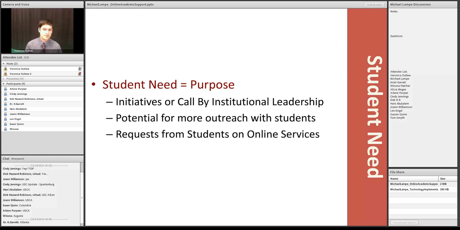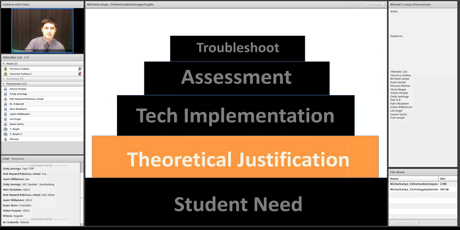that may prompt a professional or an office or even an institution to say, maybe it's a good idea to explore online services, not only from the instructional design point of view and putting courses online, but providing that online academic support with it as well. That's something to consider with student need. So now that you were able to identify that student need,